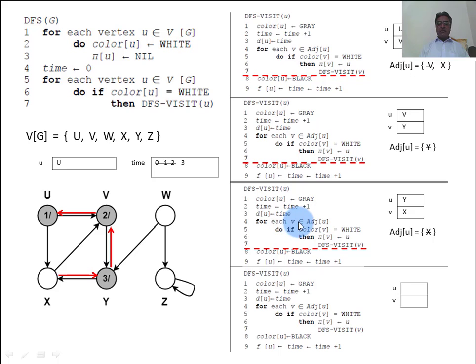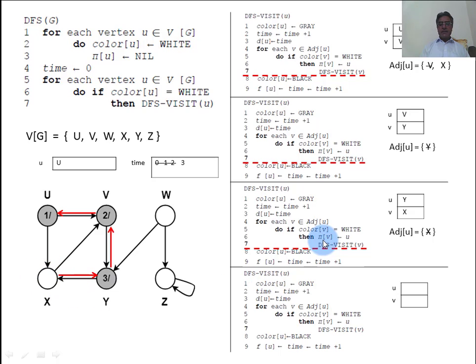Then for each v belongs to adjacent of u, this y contains only one adjacent, x. So the adjacent of u set contains only one adjacent, and this value is assigned to variable v, which contains x. Color of x is equal to white. Yes, color of x is equal to white.